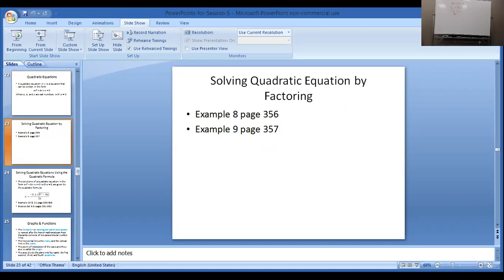I write two parentheses. Fortunately, the x² doesn't have any coefficient, so it's x and x. I need two numbers that multiply to give minus 35, and when you add them, you get minus 2. So it's 7 and 5, and it has to be minus 7 and plus 5, because when I add them together, I get minus 2. That's how you solve it. And if I want to go one step further,